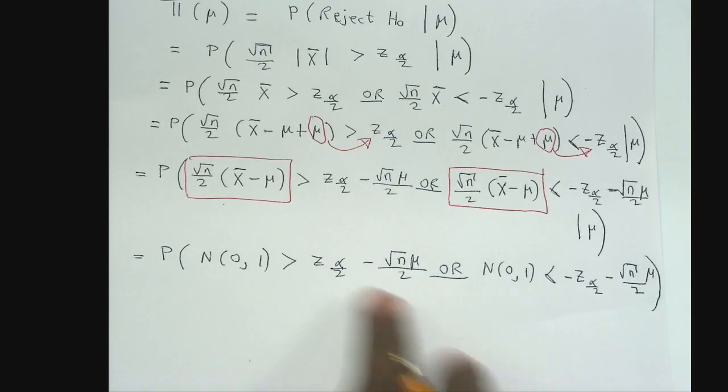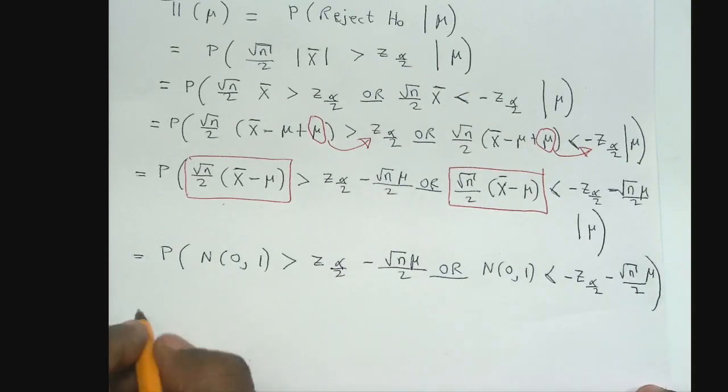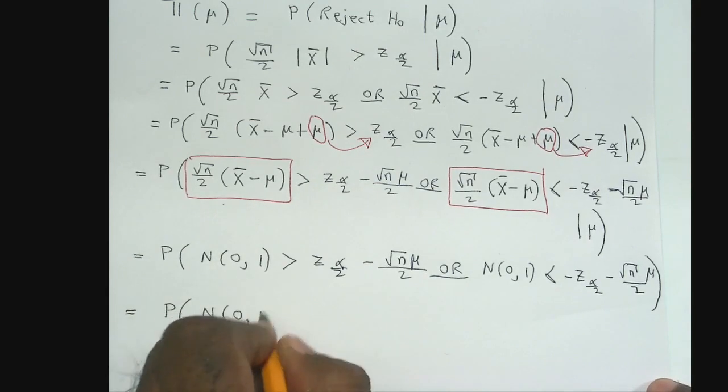Right, now these two events are mutually exclusive, they can't happen together, right? And therefore you can write it as a sum of two probabilities. First,